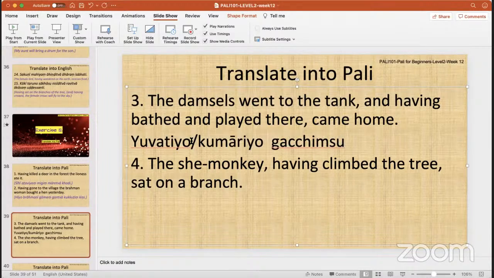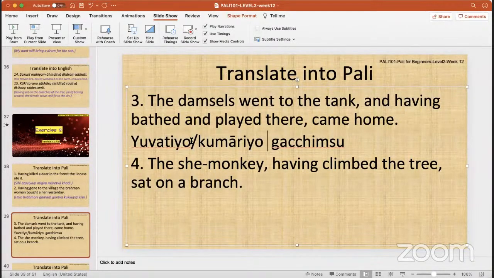To the tank. What is the Vibhatti, first of all? Dutiya Vibhatti, ekavachana. No, no, Bahu. Chatuthi? You sure? It is the object of motion. Bhante, one more thing. All the words should be in the twa form, because in English it is "to the tank and played and bathed and played". So it will be translated as gantva, nahetva, kilitva.